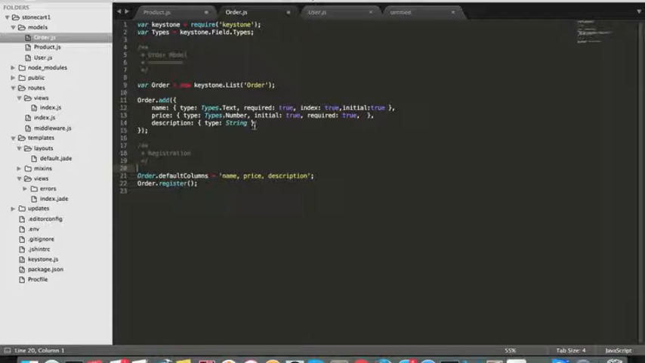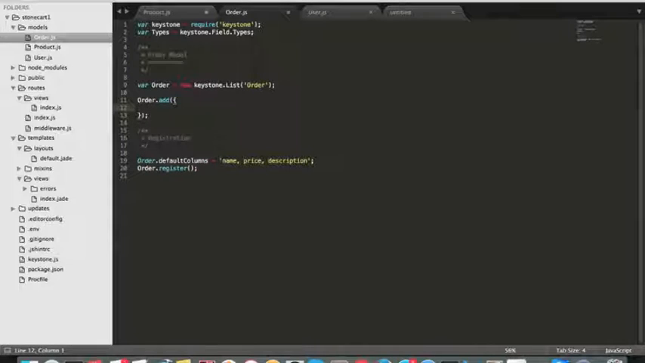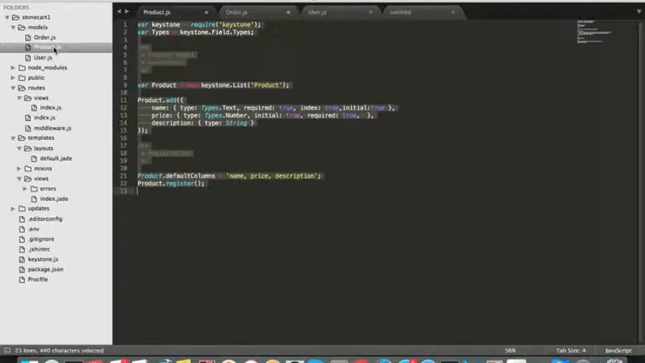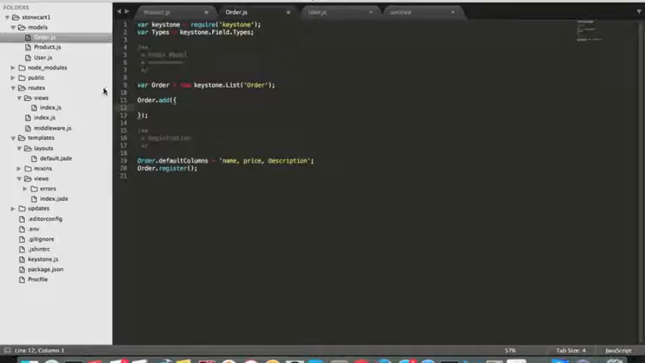Order will not have much important things because it's ordering the products. So let's understand the new Keystone types. Keystones have a set of predefined types, text, number, and there are almost 50. But most important what I am going to teach you is